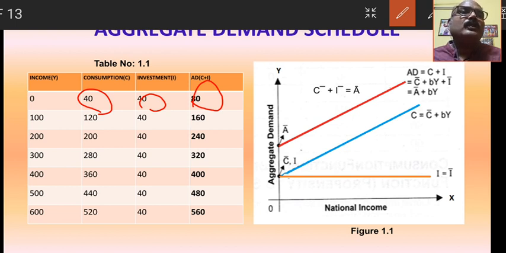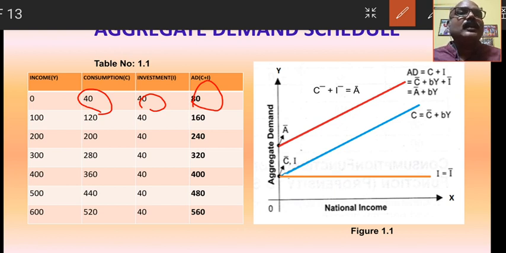Our income may be zero, हमारा इनकम जीरो हो सकता है, लेकिन हमारा कंजम्पशन जीरो नहीं हो सकता है. कंजम्पशन एक्सपेंडिचर शुड बी पॉजिटिव. So now the question arises, when there is no income in our pocket or in the economy, how is it possible that consumption is positive? That is an important question. So what did Keynes tell? Keynes told that at zero level of income, the minimum consumption is there, and that minimum consumption is to be financed from our past saving.